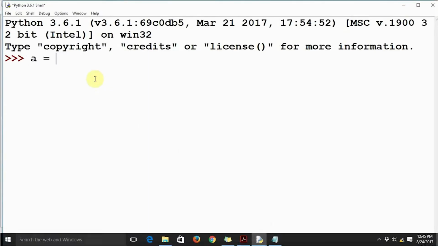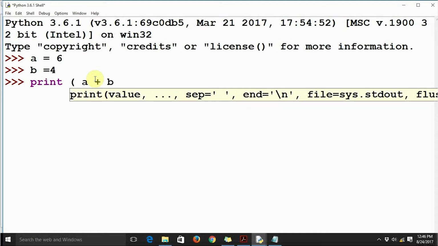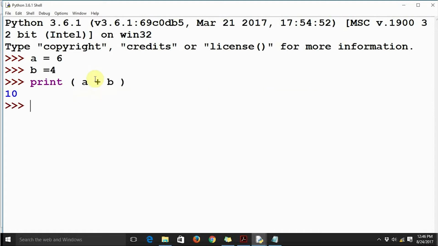Just say a equal to 6 and b equal to 4 and print a plus b. Now, as you can see, everything is an object in Python, right? We already know that everything is an object in Python. a is of type int.